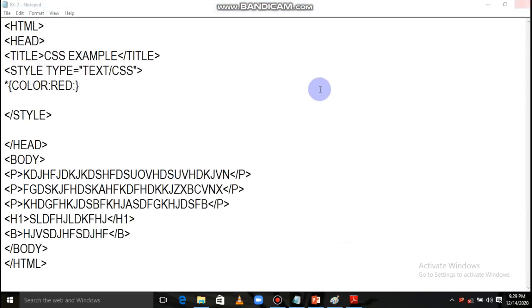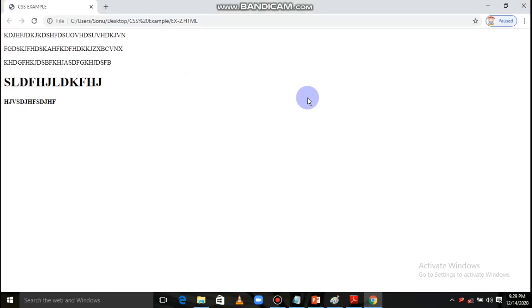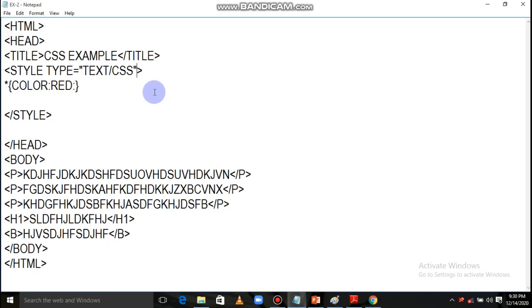Do one thing, close this one, go here and try to run this example 2. Not going to appear. Let us see. Universal selector star, title, style, type CSS, style close, head close, body h1, body close, HTML close.